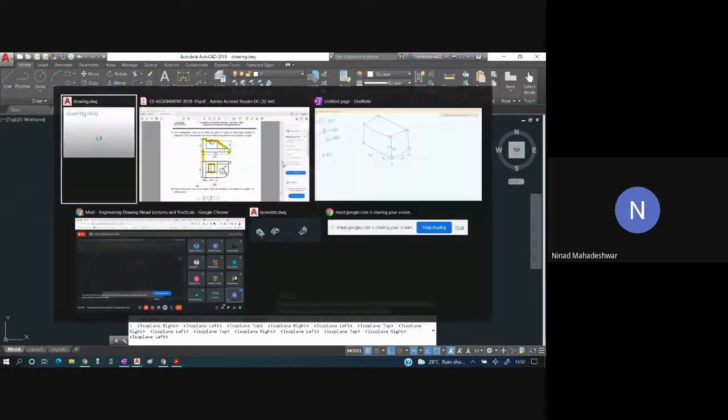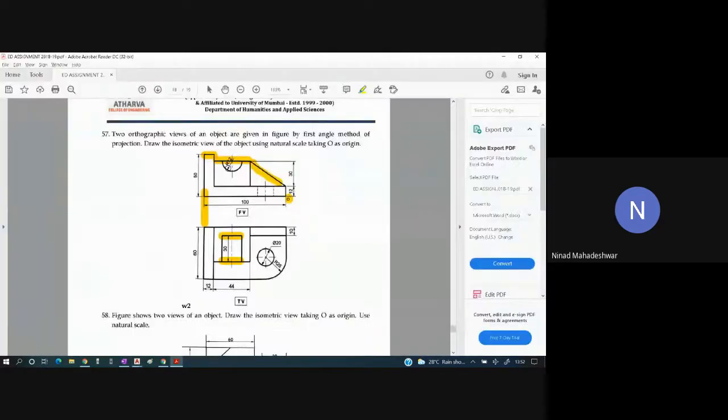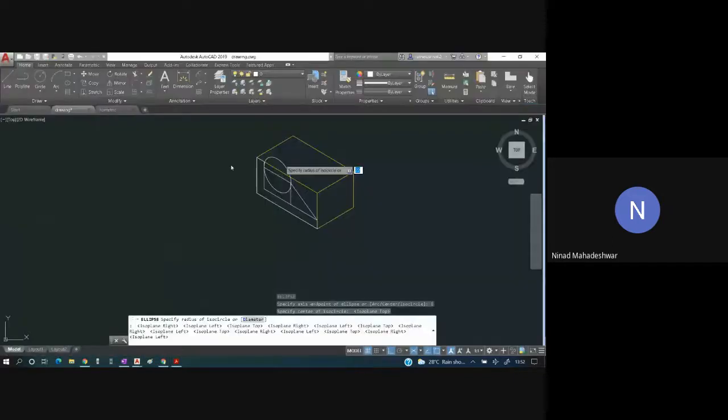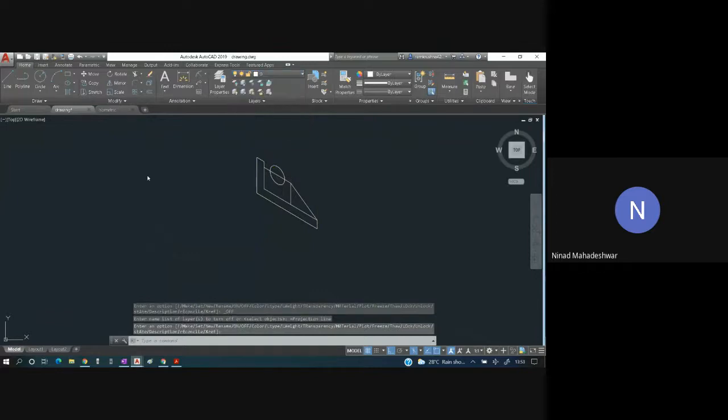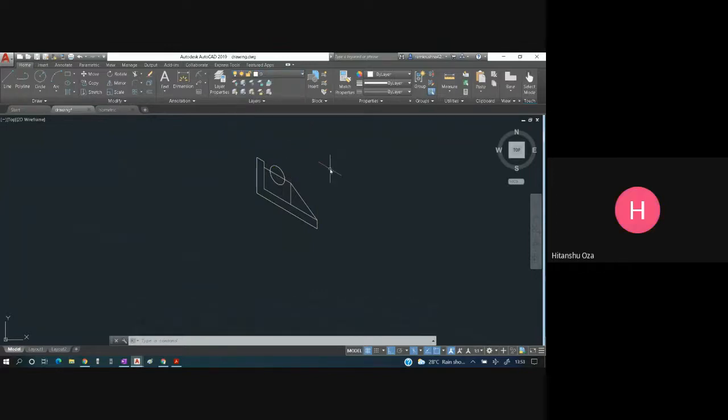How much is the radius over here? Let us check this out. How much is the radius given to you? That is 12. So I'll go over here. The radius given to us is 12. I'll press 12 over there. So now I have pressed 12. Students, are you getting this? Yes, sir.